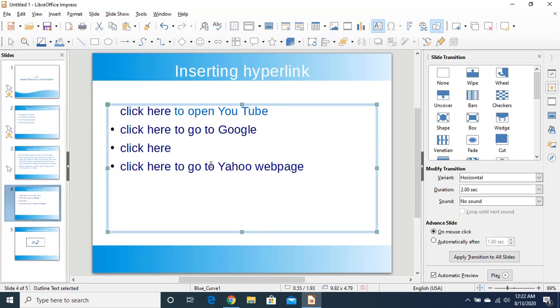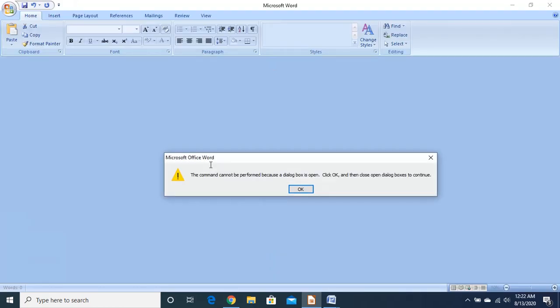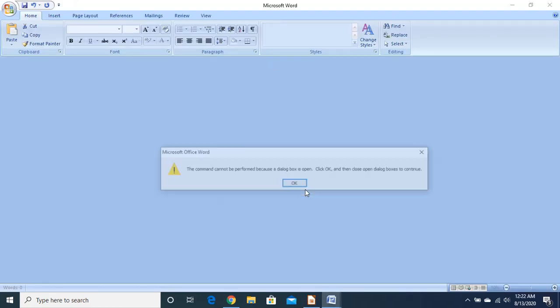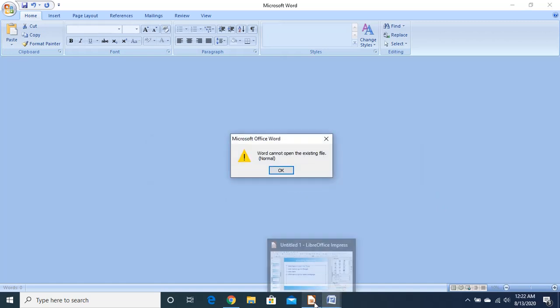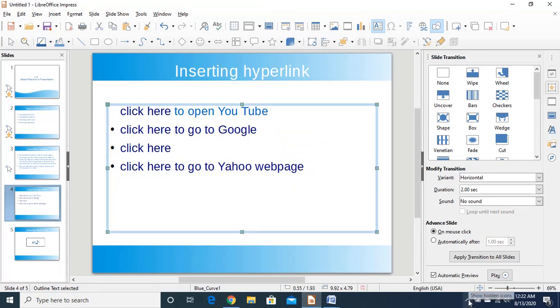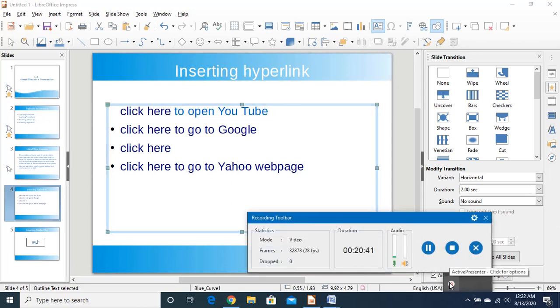Practice it at home. There may be some change in the view of this LibreOffice Impress, as my operating system is actually new. It is more updated than maybe yours, so there may be some change, but options are same, and you can try all these 4 options. If you face any problem, you can tell me, and you can practice it in even presentation also, right?